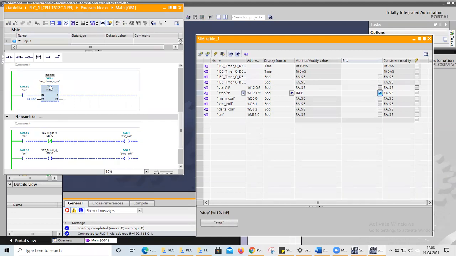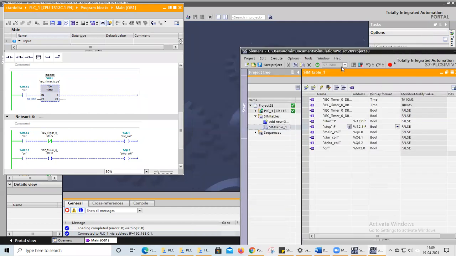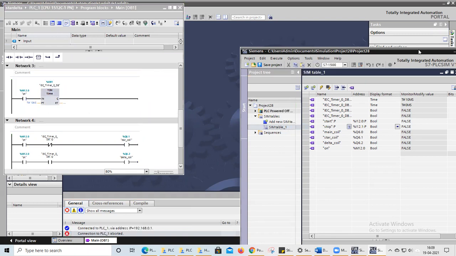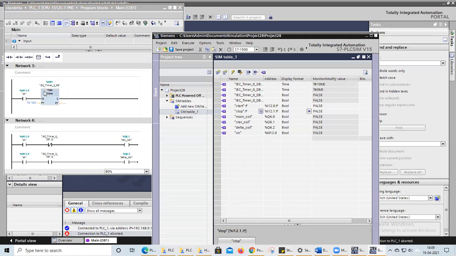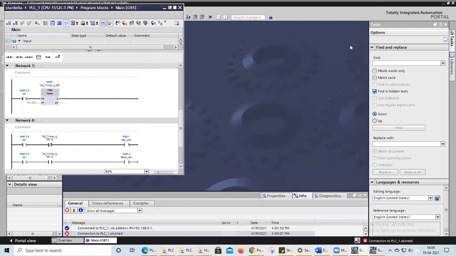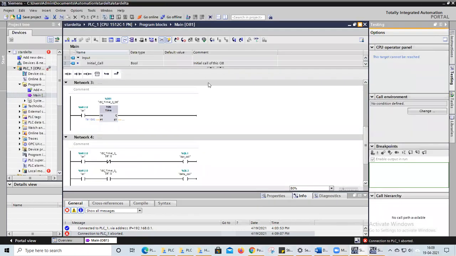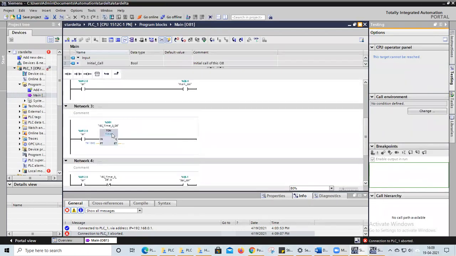Okay, we will use T off timer. I'm turning off my CPU here. Means I have used T on timer. The circuit is interchanged. Initially, it is running in delta circuit. Afterwards, star operation might come. That is not our purpose. So I'm changing my timer module circuit to T off.